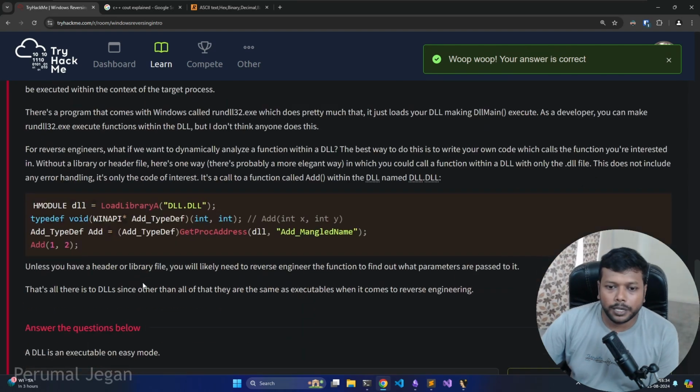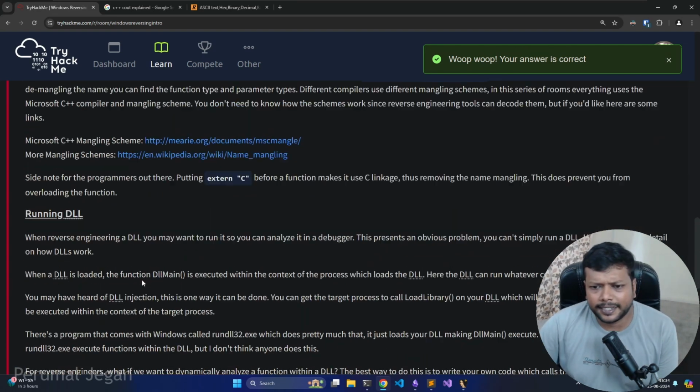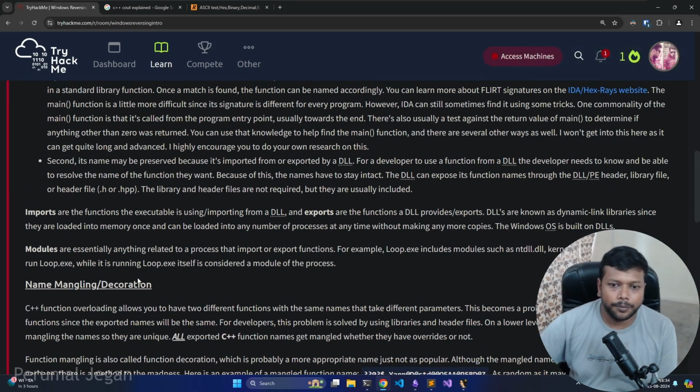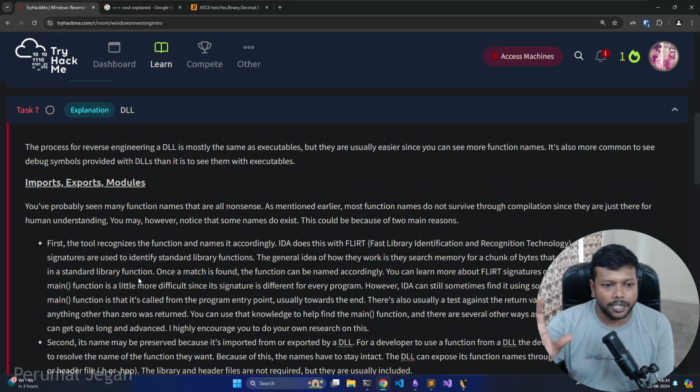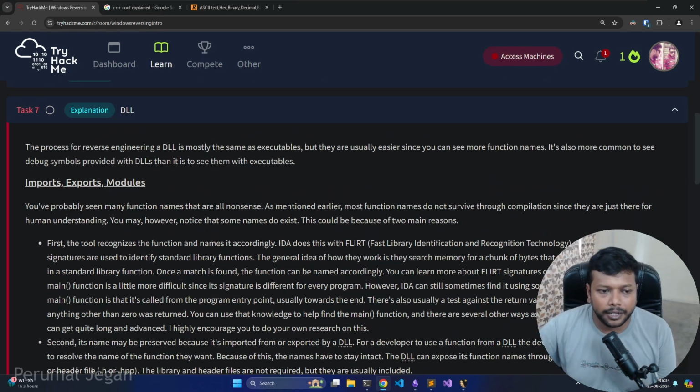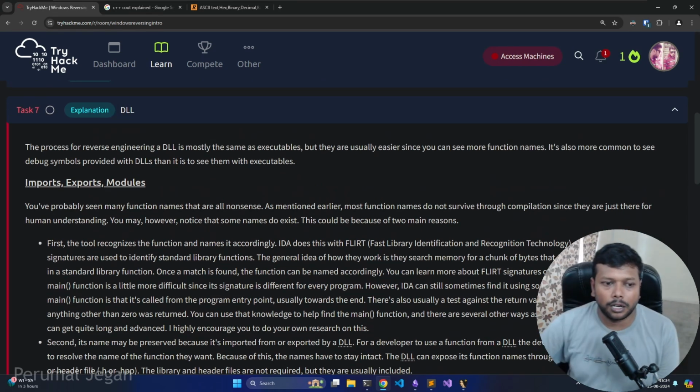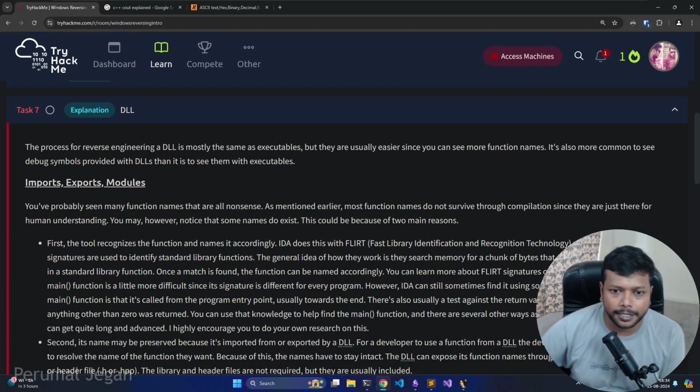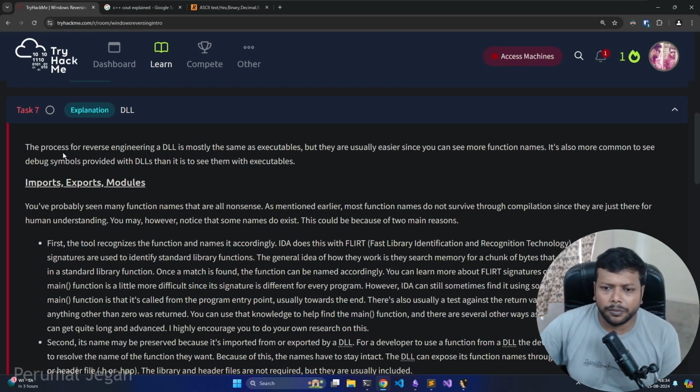And now the next one is DLL. It's interesting stuff. Let's read through this, just theory. You can just keep it in your mind. Maybe we are going to use these things in our future assessment. Let's see. The process for reverse engineering a DLL is mostly the same as executables, but they are usually easier